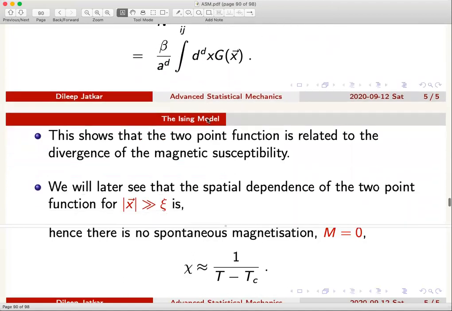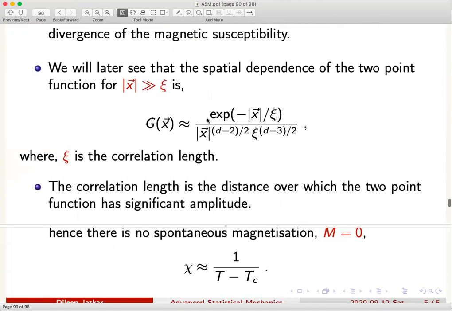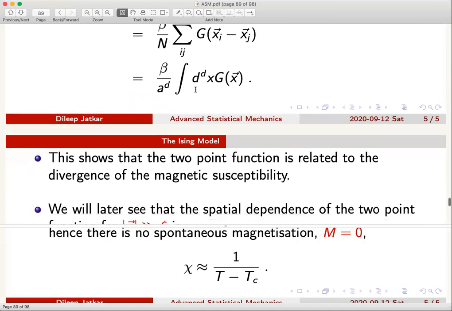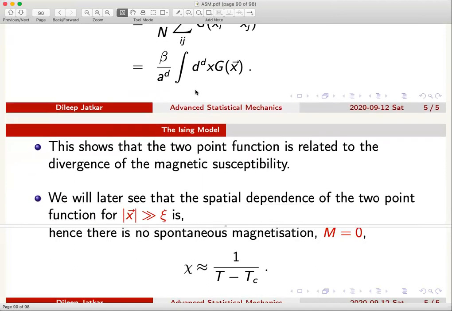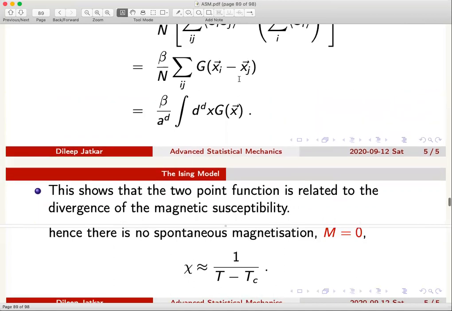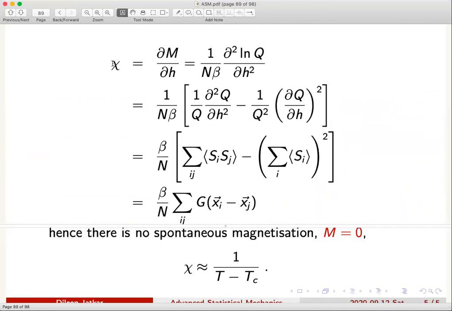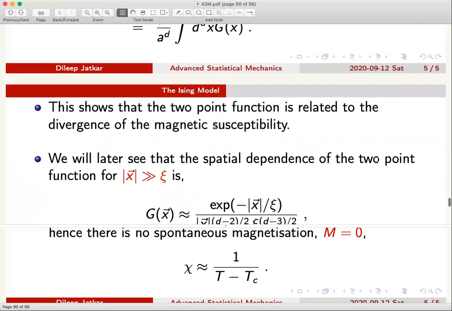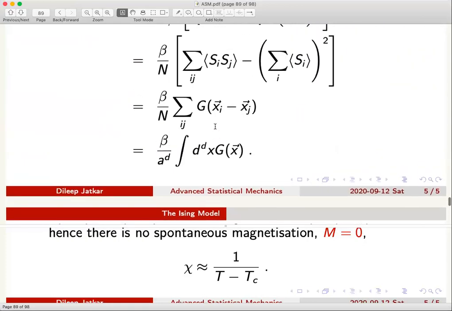Therefore the possible divergence that this factor could have created also gets killed because you are doing a d-dimensional integral. So the area under the curve for G in d dimension is just finite. So how are we going to ever make sense of this equation, where this quantity diverges, this quantity is finite, and still everything seems to have an equality sign?